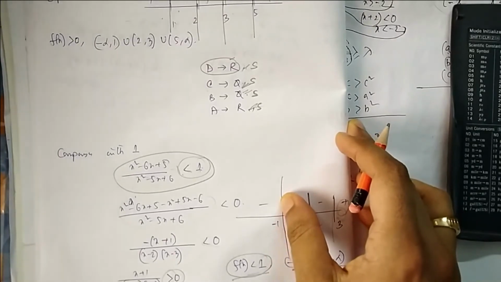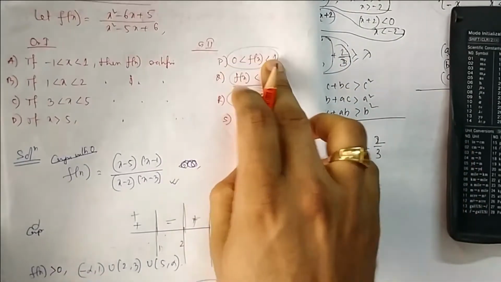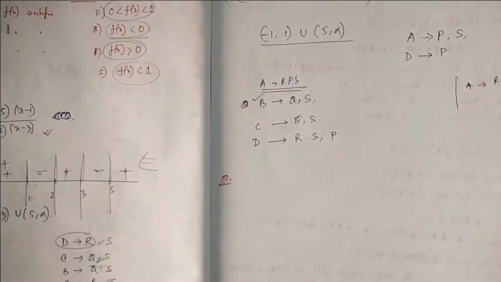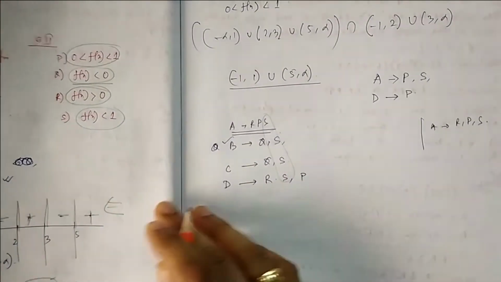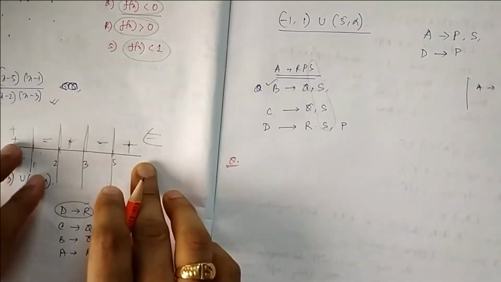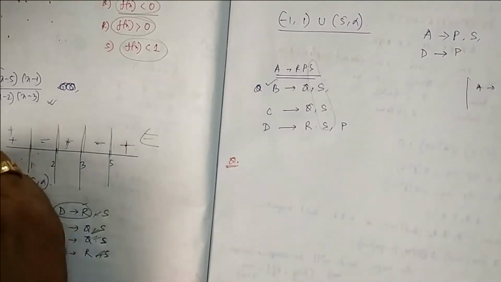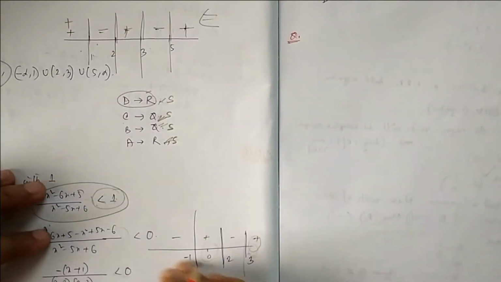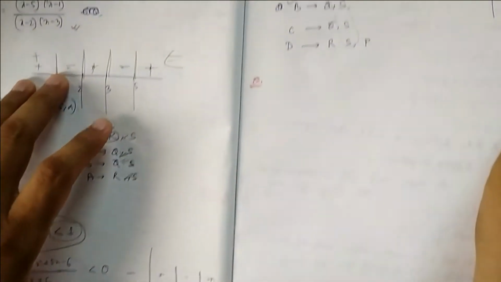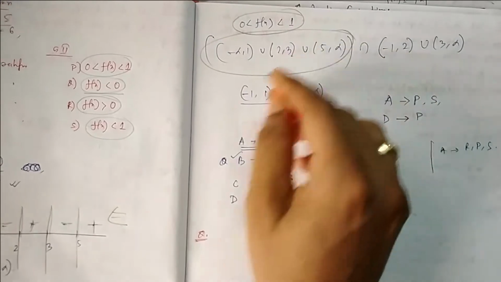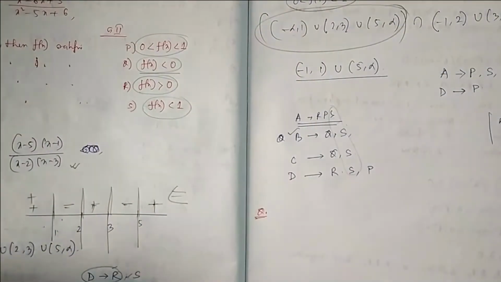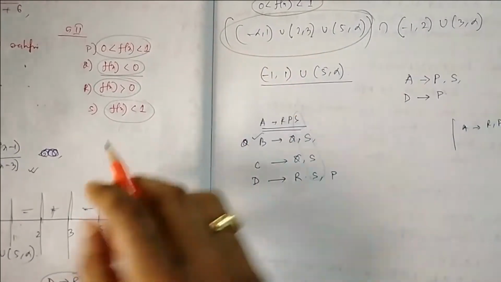Okay, now next thing is you have to find this one, when f is between 0 to 1. Now you find two ranges. Now if you see the final answer, S is everywhere. Now if you see here, in these zones your function was positive, your f(x) was positive, and in this zone the function is less than 1. So if you need both from 0 to 1, you can see these are for zeros: minus infinity to 1, 2 to 3, 5 to infinity, all these areas, and less than 1 is this area.